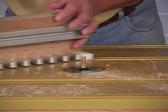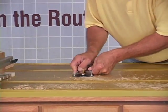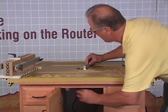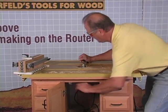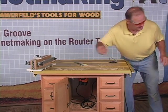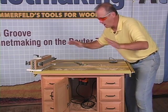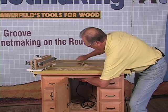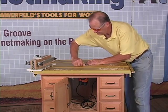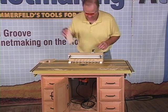Now, we got to change bits. We're going to stick a pattern bit in, okay, to cut the fronts and the backs. And the nice thing about our two sets of bits on this jig, here's the beauty of it. We can change bits. All we have to do is pull that bit out, stick our pattern bit in on our rubber grommet, and we're automatically set to the correct height, right like that. Snug her up. Put our insert ring in, and we're ready to start cutting the fronts and the backs of the drawers